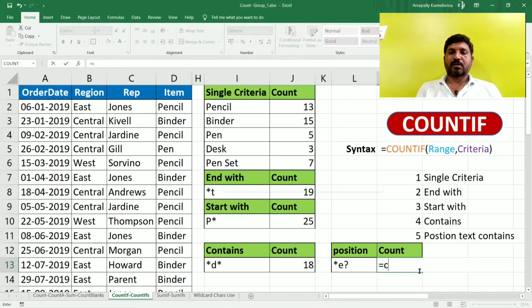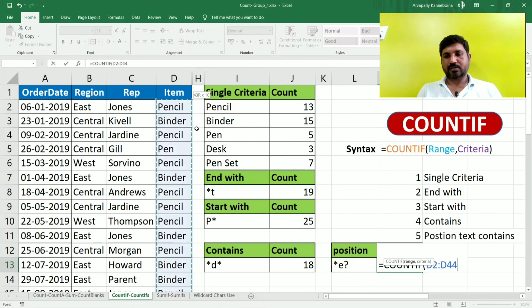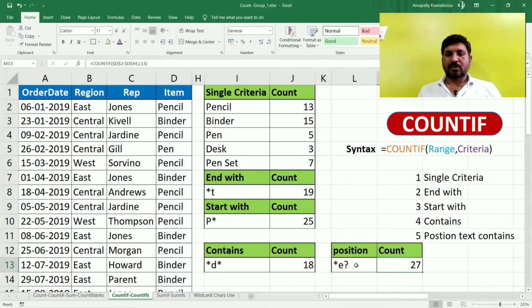Is equal to COUNTIF, I'm giving this range. So criteria. I'm changing this letter, the second position from last, to I. So I is there.